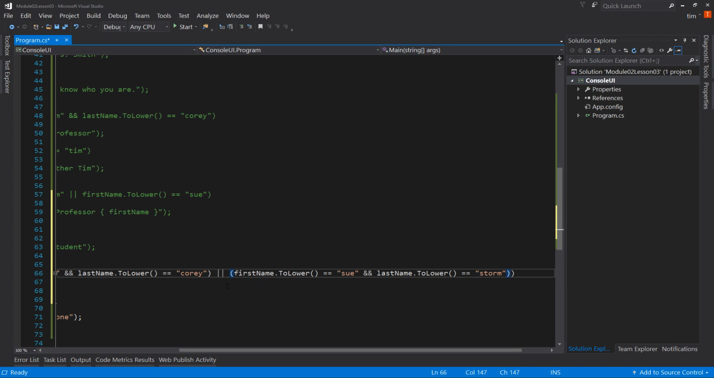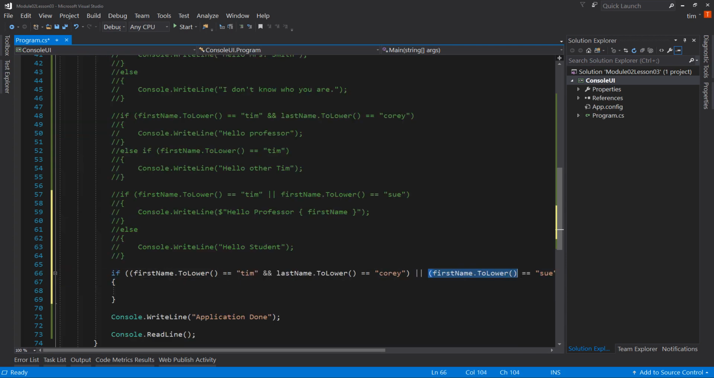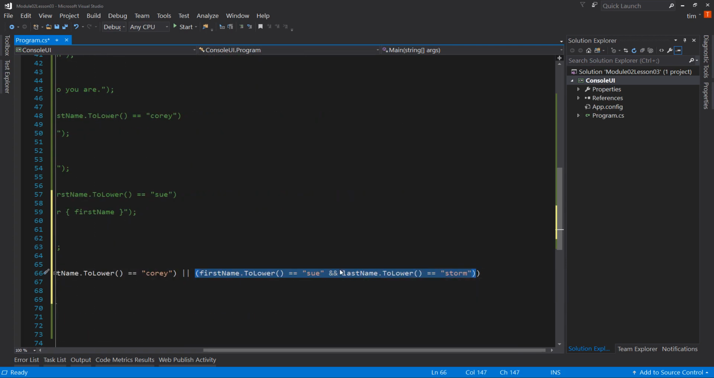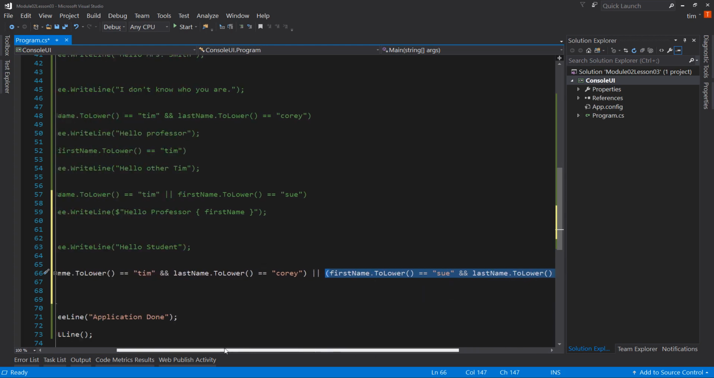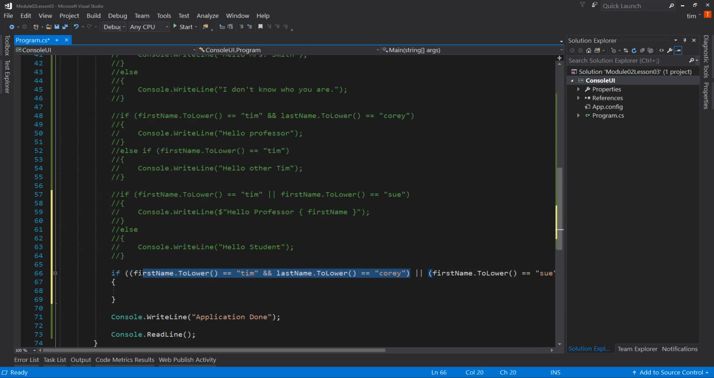If I say parens, it's parentheses. It's just easier to say parens. So that's this right here and this right here. Open and close paren. So this works just like math, where if you have parens around something, it does that first. So it's going to do this comparison, and it's going to do this comparison, and take the results of those, and then do an OR on that. So first name equals Tim and last name equals Corey. If that's true,